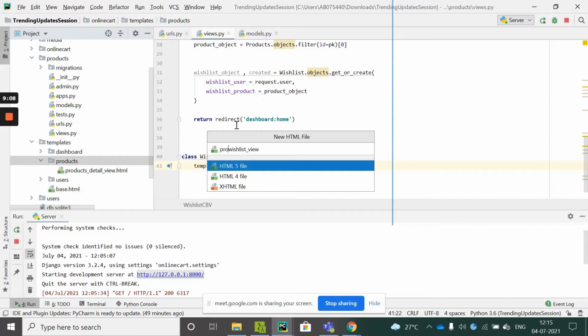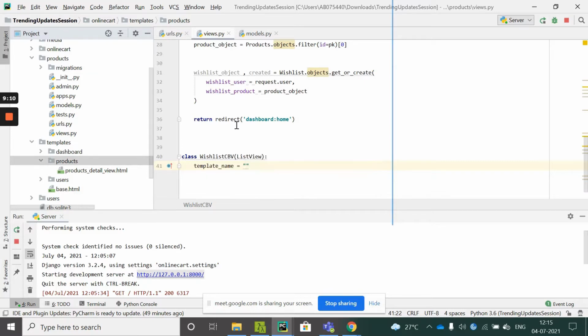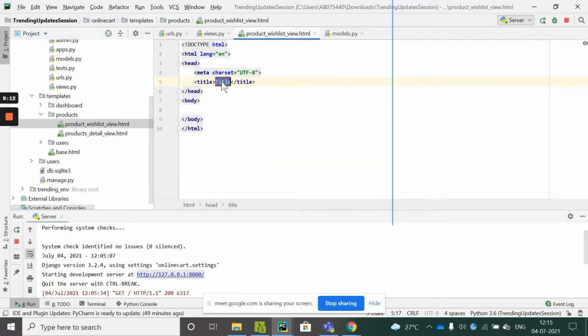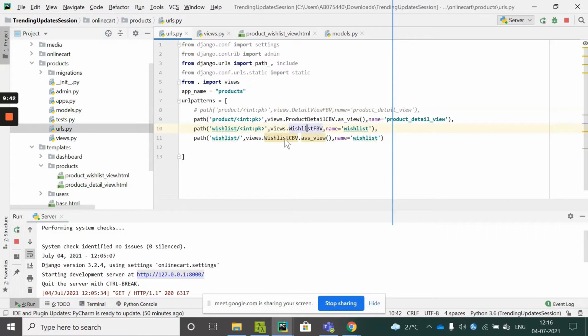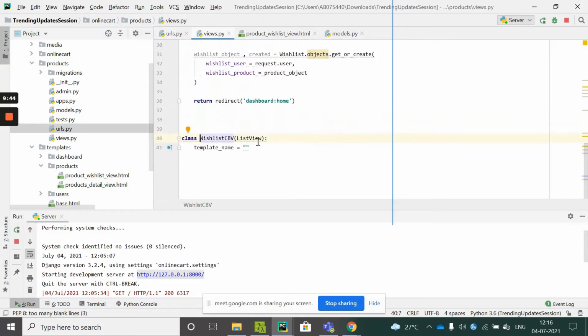I can say product wishlist view, inside which I'll have an h1 saying display your wish list here. Inside the products, it is going to be a class based view.